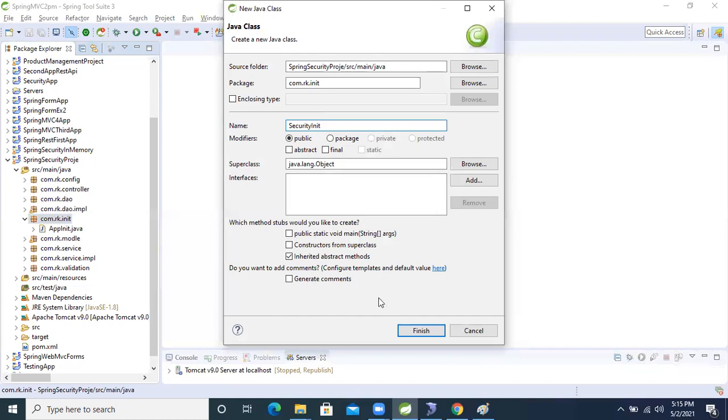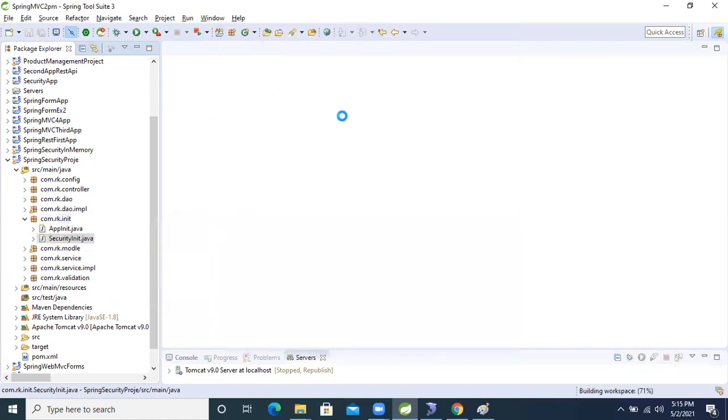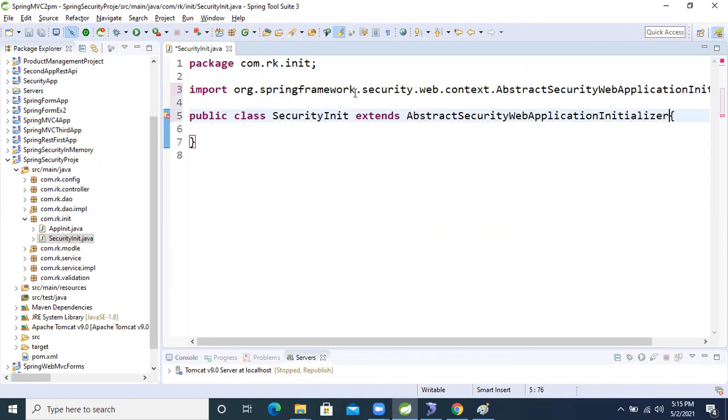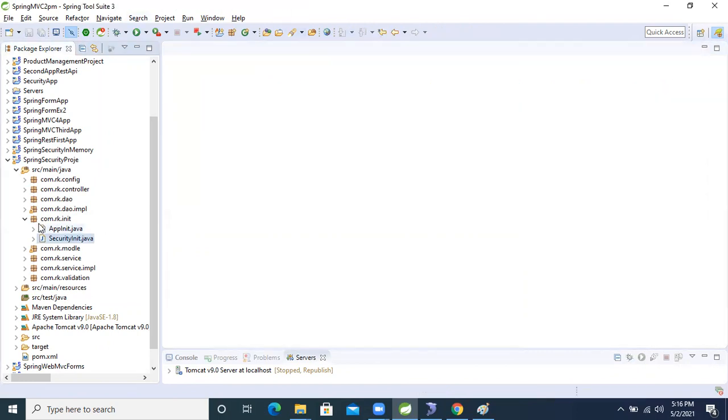Now here we extend AbstractSecurityWebApplicationInitializer, right? That's it, guys, nothing more than this. Now the thing is completed.